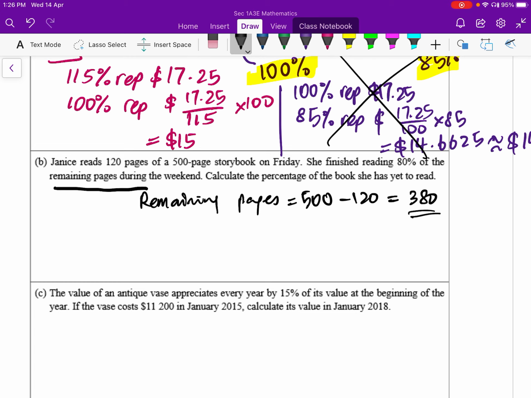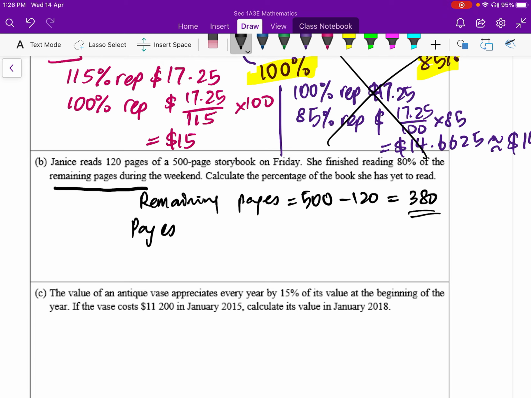Over the weekend, she finished reading 80% of 380. So what is the percentage of the book she has yet to read? Okay, so there are many ways of doing it. You can find 80% of 380, then take 380 minus the answer. Or I think it's a bit easier if we take